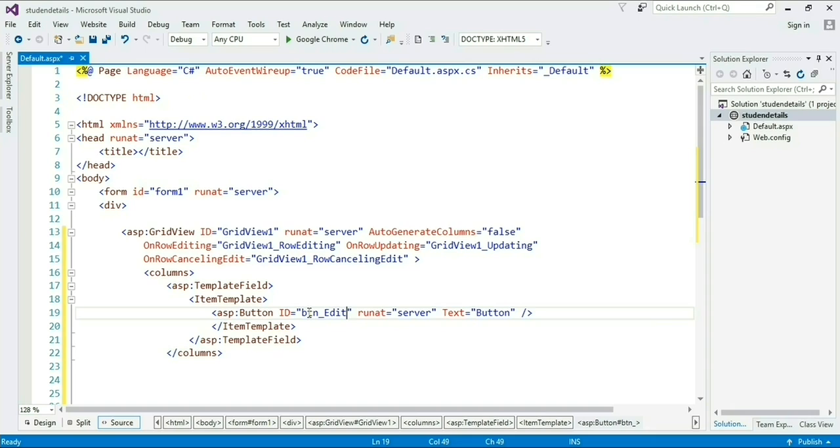I am taking this button for edit, that's why I am giving the ID btn_edit, and I am also giving its command name, ID also edit and text also edit.